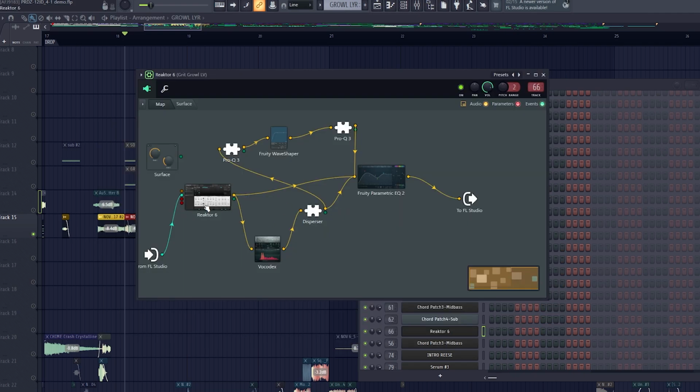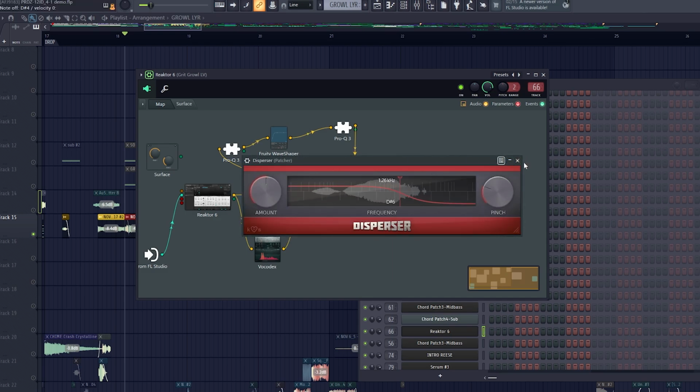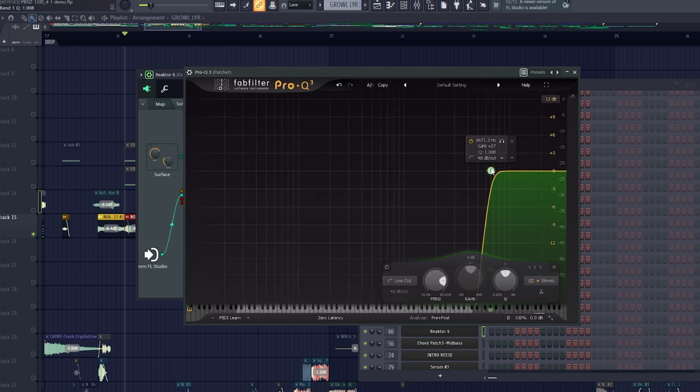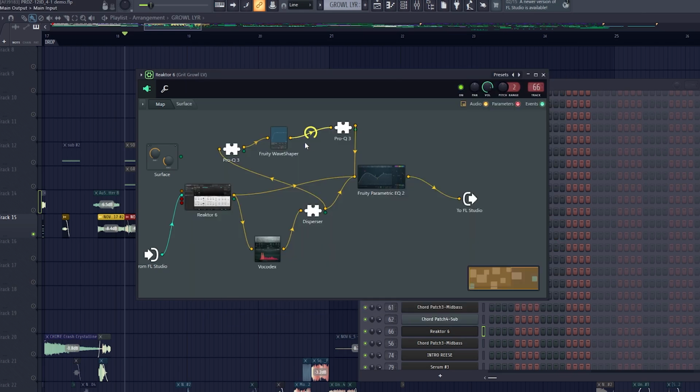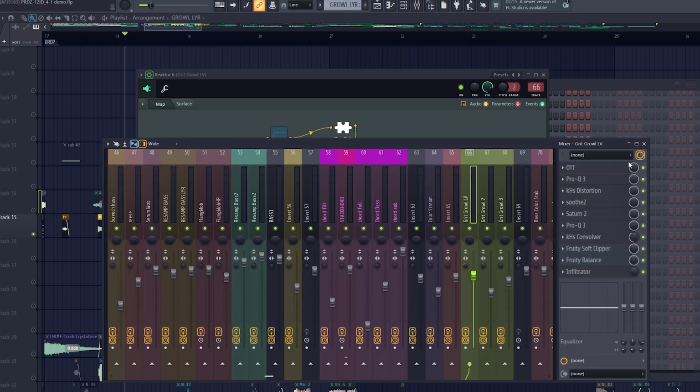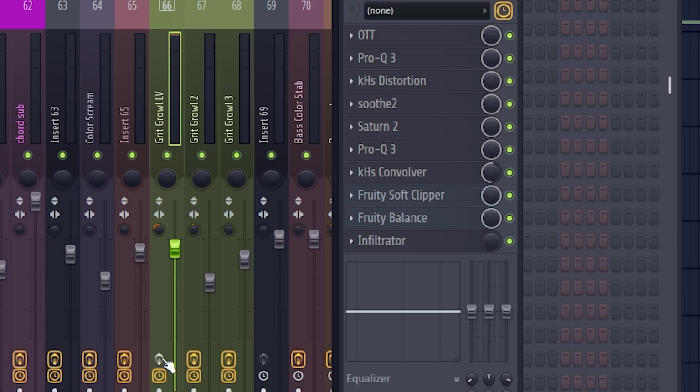Yeah, so this runs through a vocoder, which then runs through a disperser, which then runs through a high-pass filter just to get the high end, and then that gets distorted, which then gets sent back out into FL Studio. And I think what I did here was take this and run it through a bunch of other effects as well. So through these effects, we go from something like this to something like this. Just a lot more diffuse, and I think fills up a lot more space in the mix